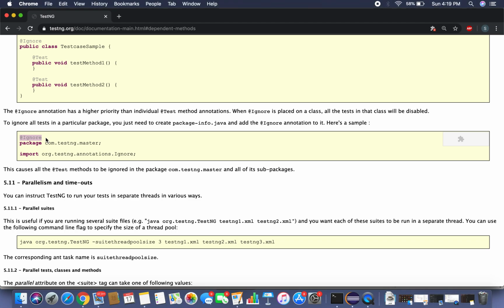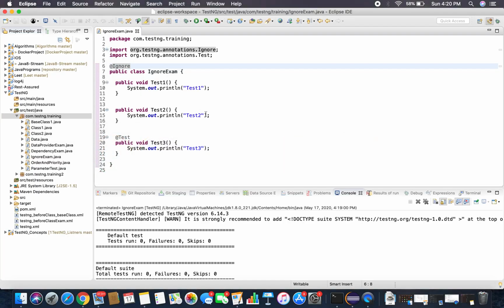Whereas you cannot apply enabled at the package level, because this supports only @Ignore, it doesn't support @Test, because the enabled feature can be applied only with the @Test annotation, but ignore can be applied at a class level and at a package level. This is one of the interview questions you might face if you go for an interview, asking what is the difference between ignore and enabled, how flexible each is, and what is the use of each of the ignore and enabled features.